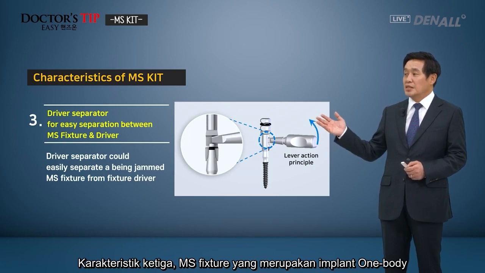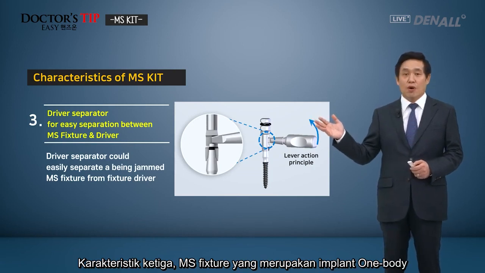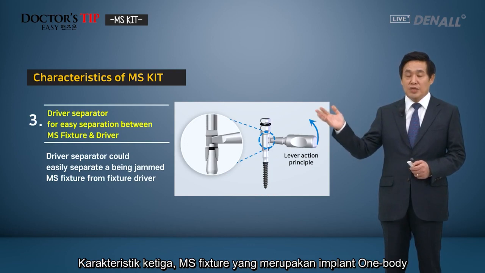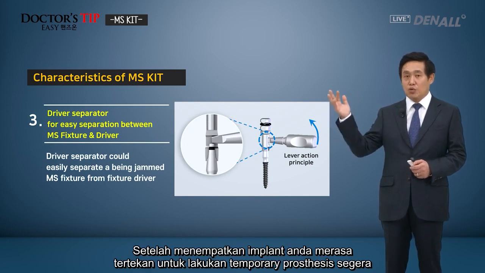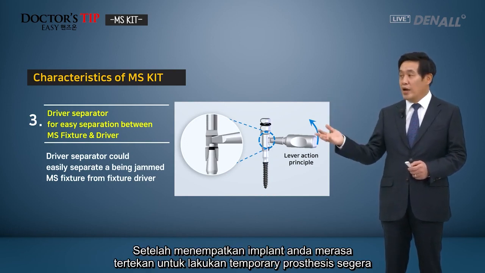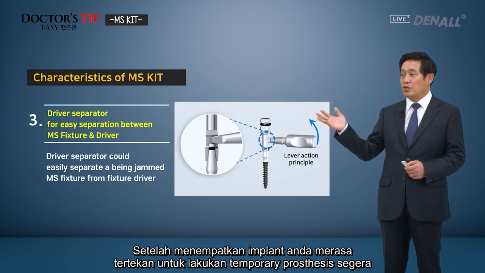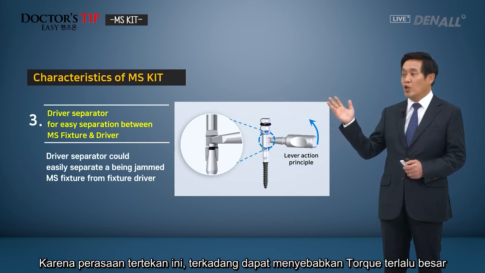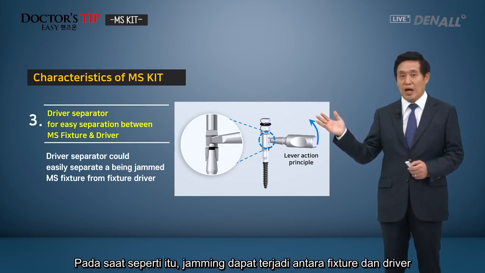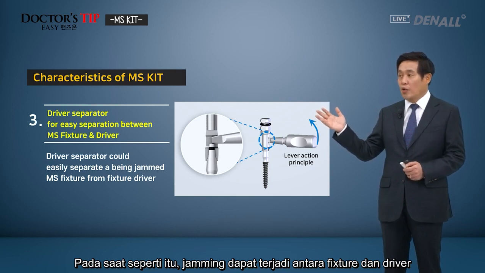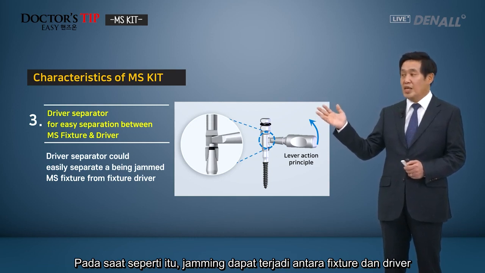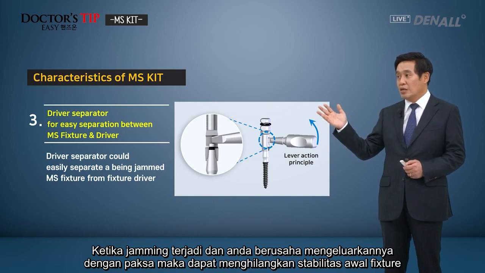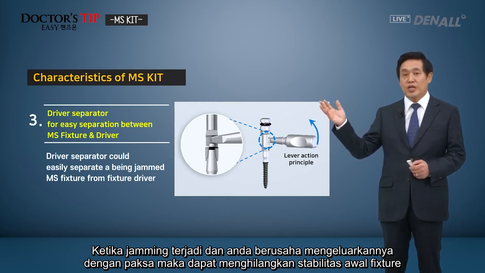The third characteristic is that the MS fixture, because it's a one-body implant, has its upper part exposed within the oral cavity, and after placing the implant, immediately you have to create a temporary prosthesis because you feel that pressure, sometimes too much torque. And in such a case, between fixture and driver, there could be jamming. And if you have jamming, then if you try to take it out with force, then the fixture can lose